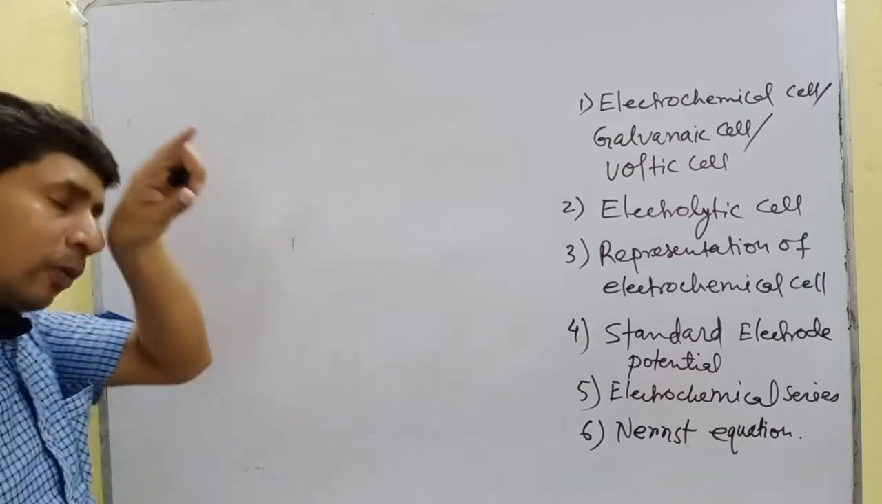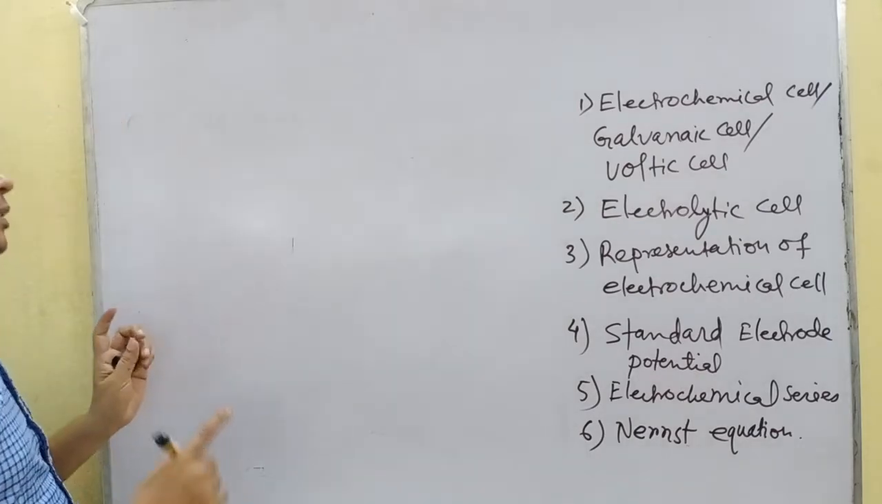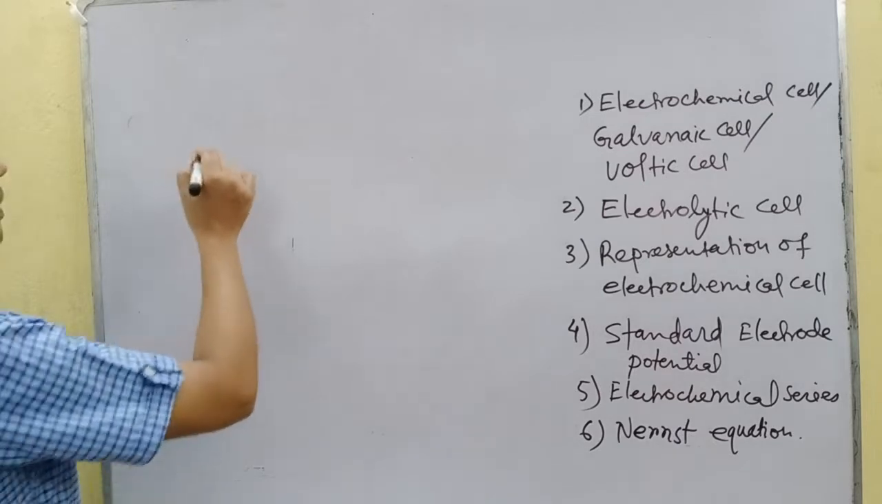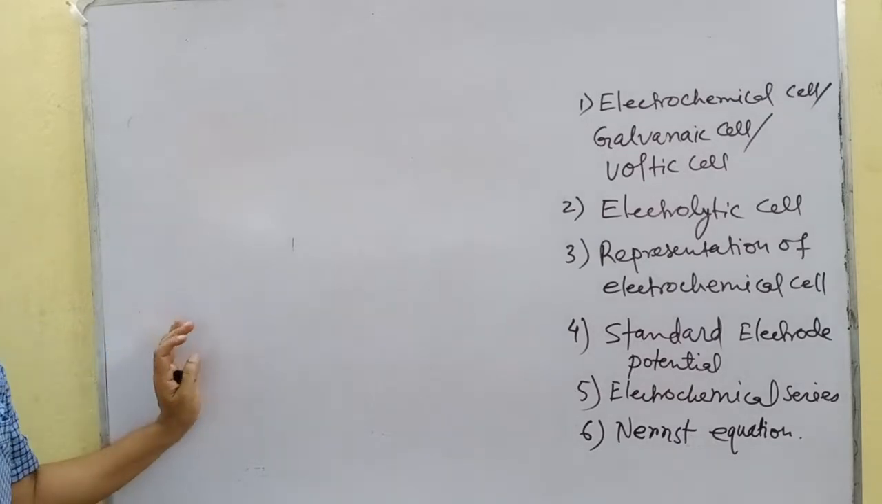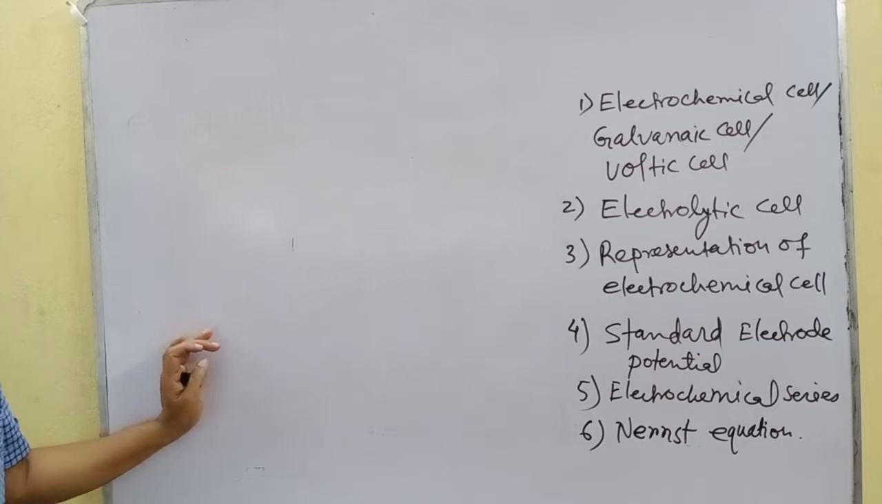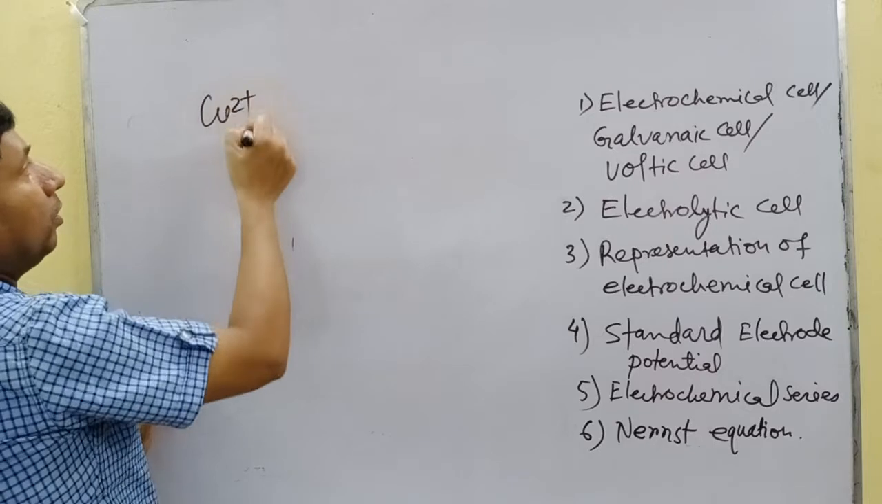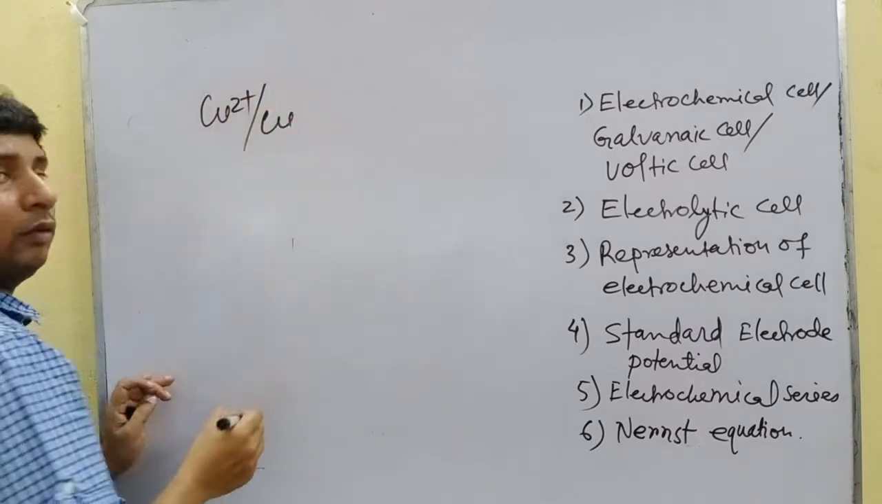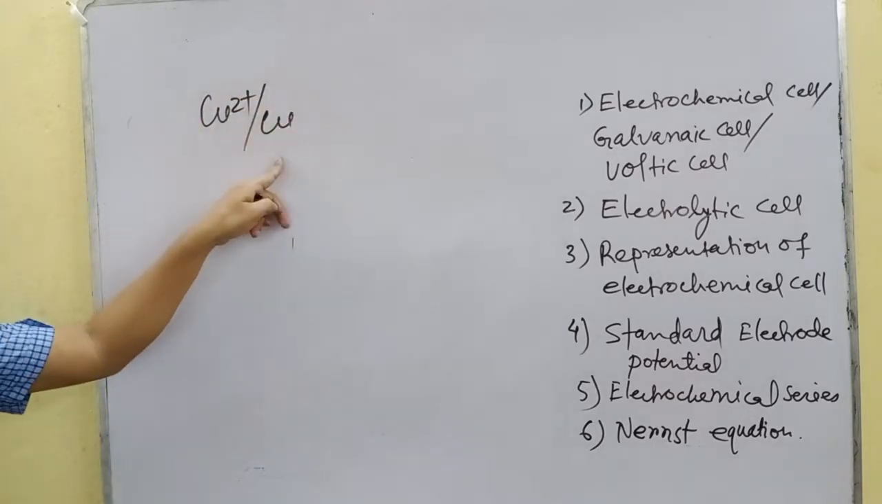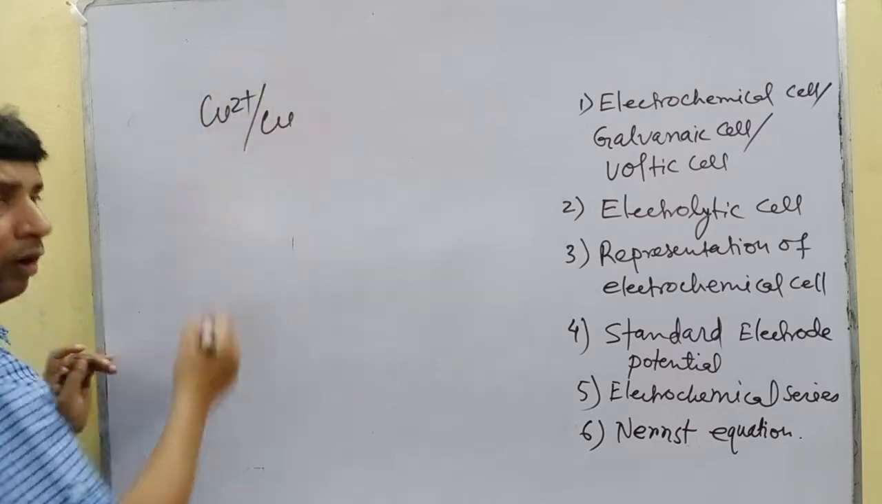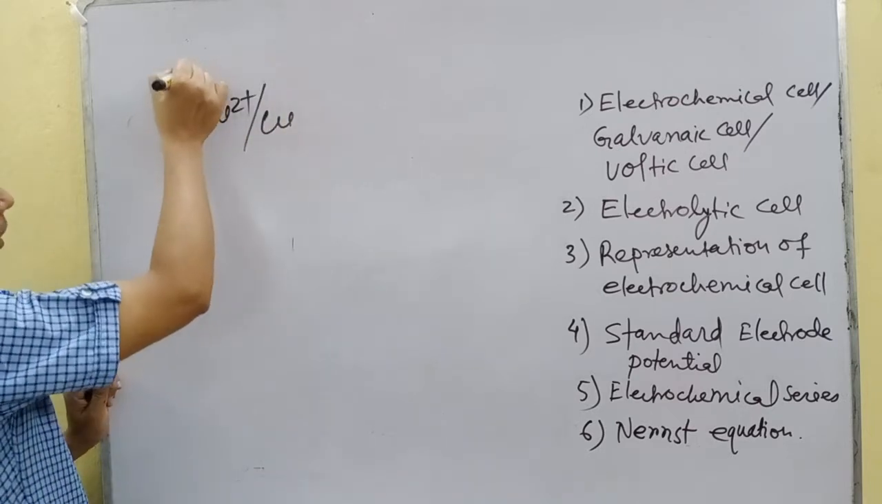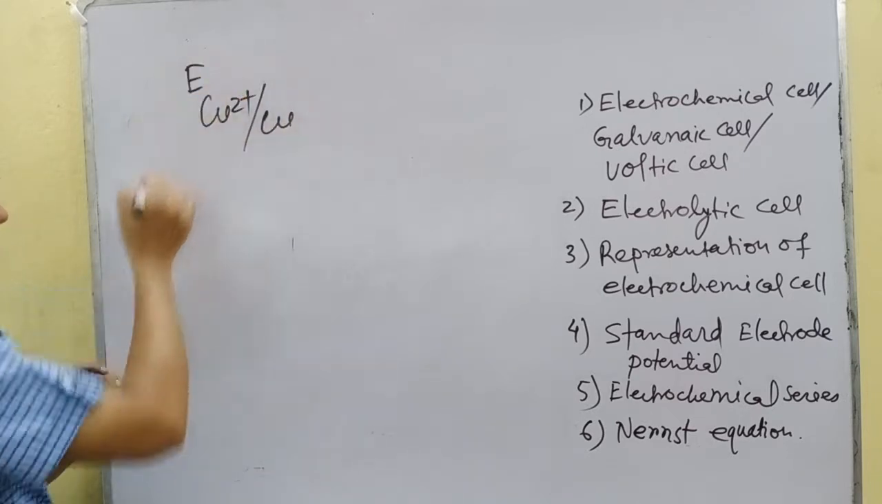Okay, how do we always write it? As a reduction potential. That means if we consider copper 2 plus to copper, there is a reduction, then the electrode potential, EMF, is denoted by